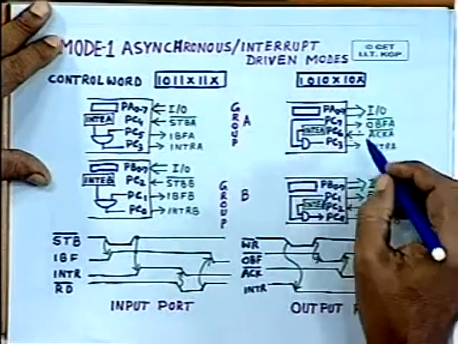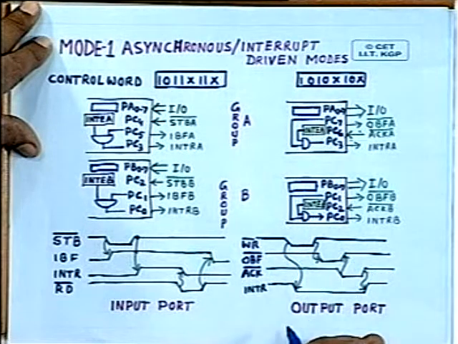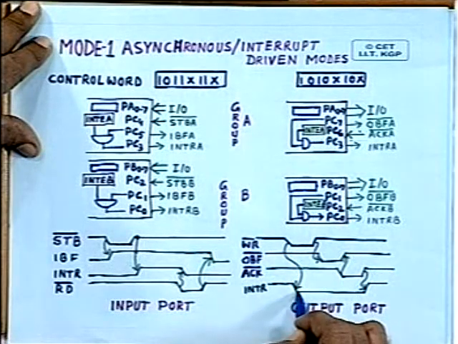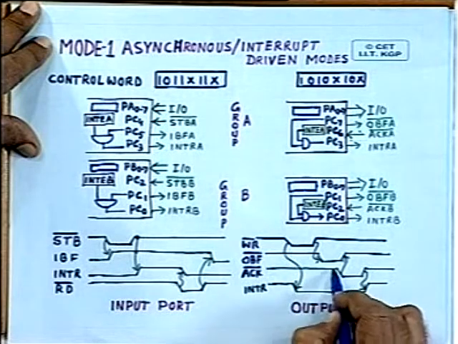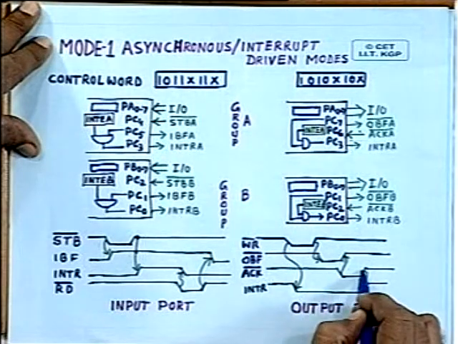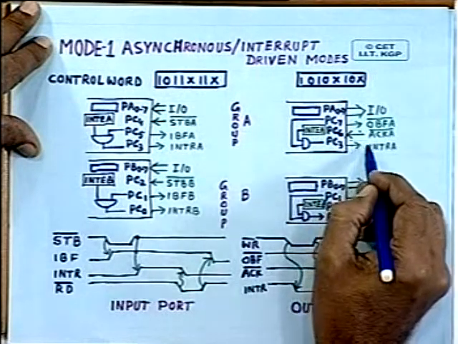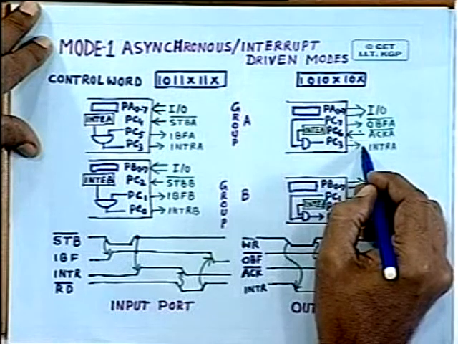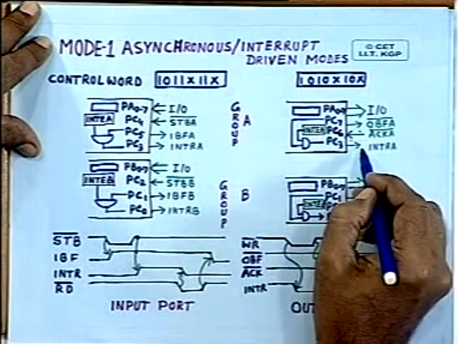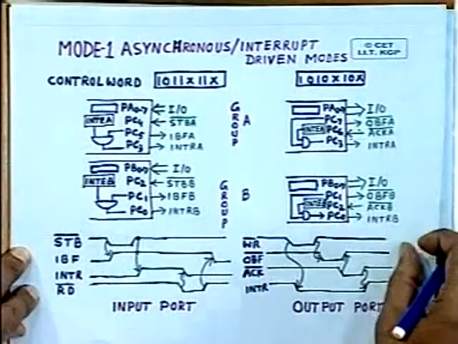Similarly, whenever you are performing as an output port, as you write data into it, the interrupt line goes low, and whenever the IO device reads the data, after the data is transferred, it sends an acknowledgement signal, and the interrupt line goes high. So this interrupt line will go high, and then it will interrupt the microprocessor, and the microprocessor in turn will write another byte of data. So in this way, the data transfer will take place in interrupt driven mode. So you can see here both asynchronous and interrupt driven mode can be performed.